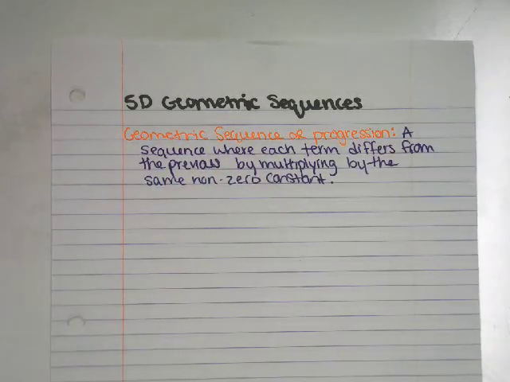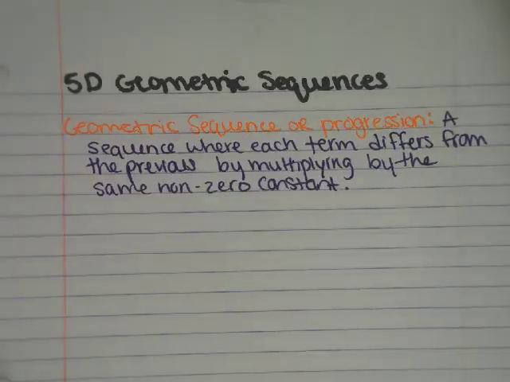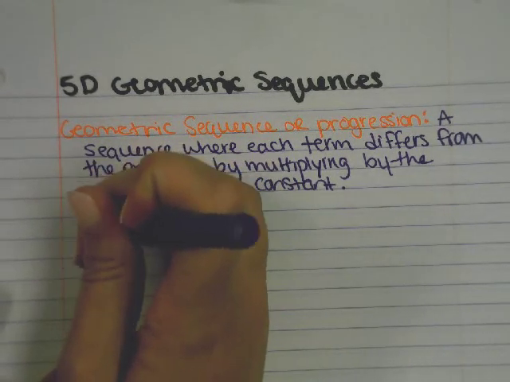So a geometric sequence or progression is a sequence where each term differs from the previous by multiplying by the same non-zero constant. So some examples of geometric sequences would be